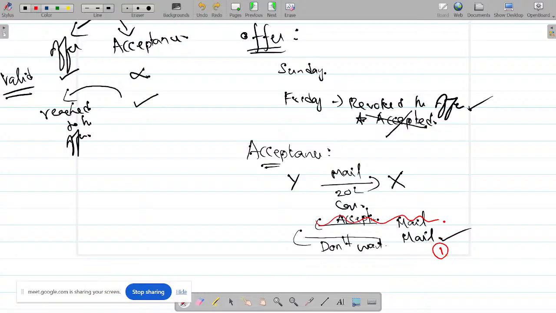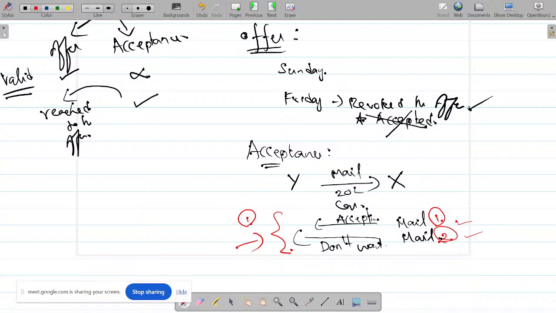So now I come back here. What I've done here, first you send the mail. This is the first mail saying that I'm accepting the car. Immediately you send another mail saying that I don't want to accept the car. Now the problem is those two mails have reached the person. Okay. Law says if both the mails come together, you take it as revocation. That is no acceptance.